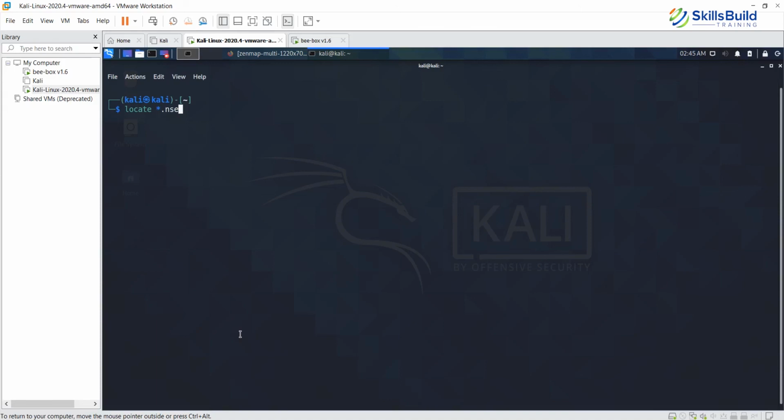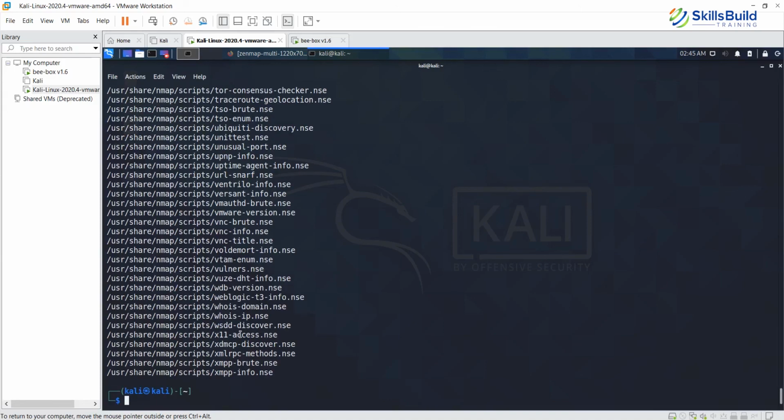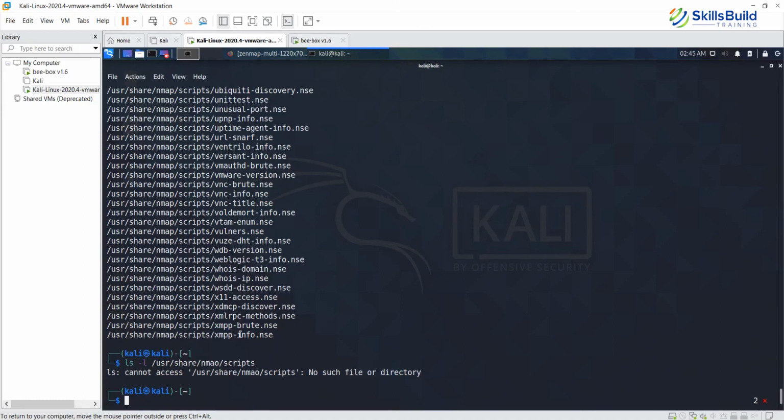Now let's clear the screen and run locate. We want to find where the scripts are. There you go. So they are in, if I simply say ls -l /usr/share/nmap/scripts. Oh, there is a typo. Sorry about that.